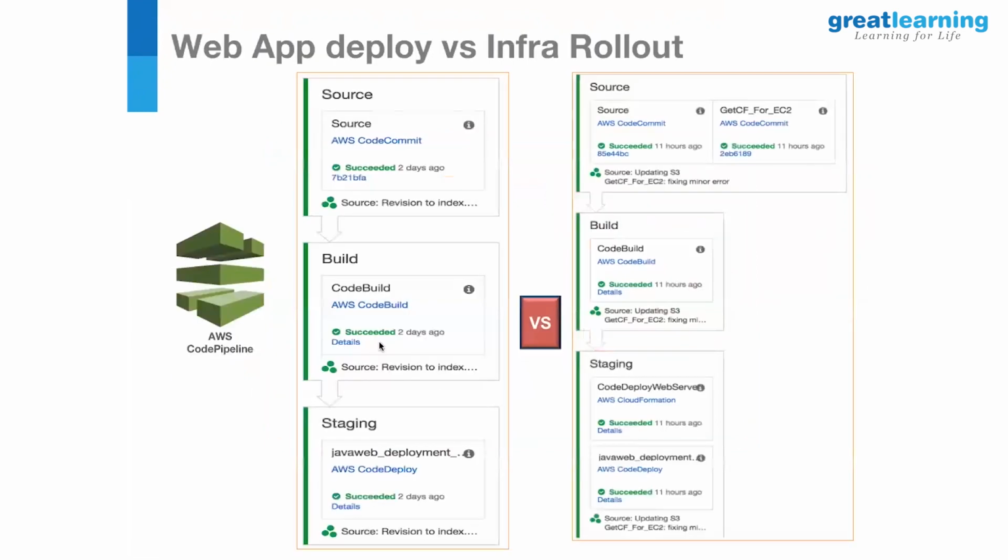Next, here is the pipeline for the rollout, okay? So this is the web application deployment pipeline which we saw earlier, which had source, build, and deployment. Here, if you see, there are 2 actions. One to pull the Java application source, the other one to pull your infrastructure code. The first one is the commit comment for the first sourcing, and the second commit belongs to the CloudFormation template. So from here you will see whether your recent changes are picked up in this build or not.